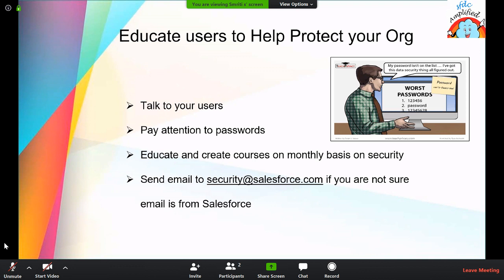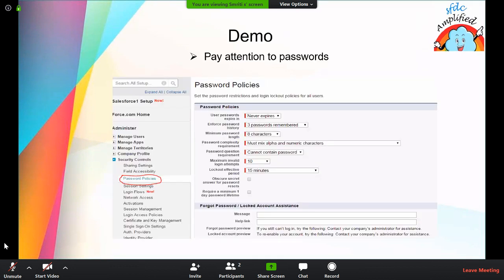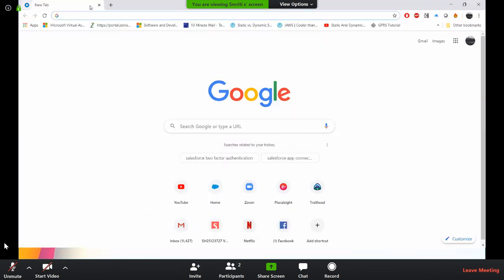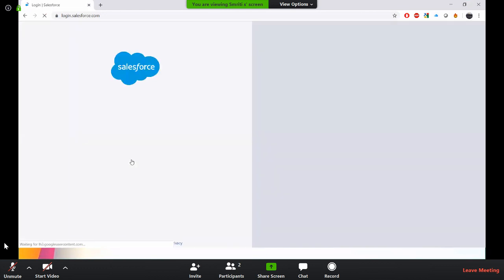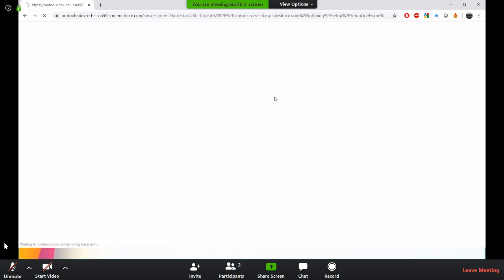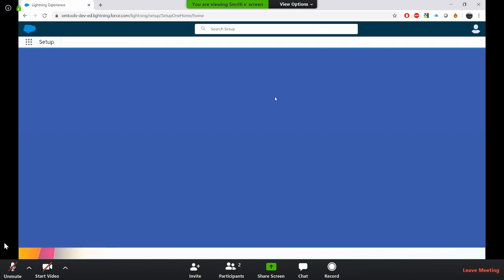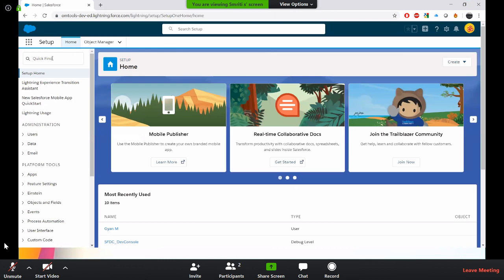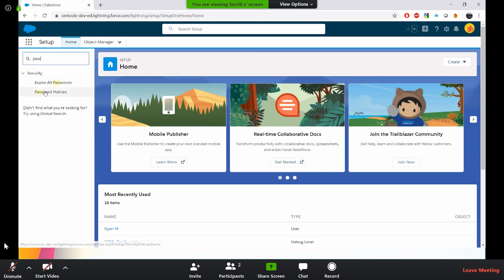Here, I'll be showing you how we can control the password policies in our Salesforce. So let me log in to my org. Here we can set some policies, like the length of the password and whether it requires unique characters. I'll show you. In Setup, if you type password policies,